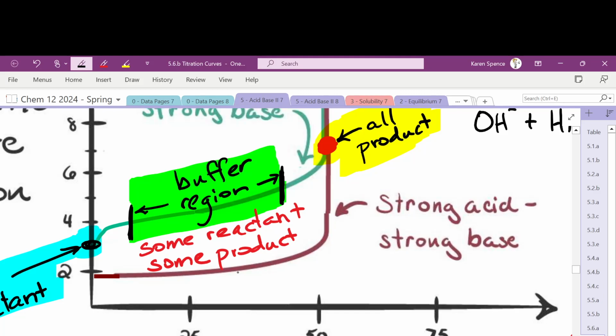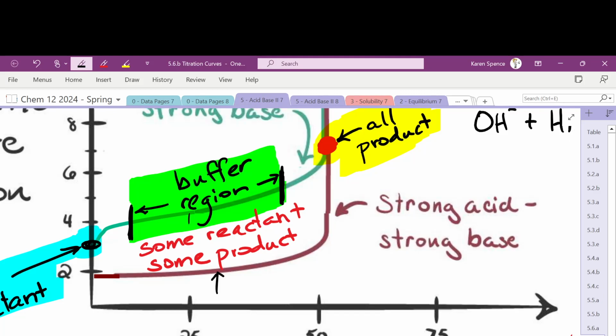Because you couldn't start adding strong acid, like say you were at this point in the titration, yeah? And you started adding strong acid, the pH would drop like a stone. Like you would be going backwards and it would drop. Whereas if you started adding acid to the weak one partway through, you now have enough base that it would absorb that extra acid. You would have enough of the weak base that it would react with that extra acid and keep the pH